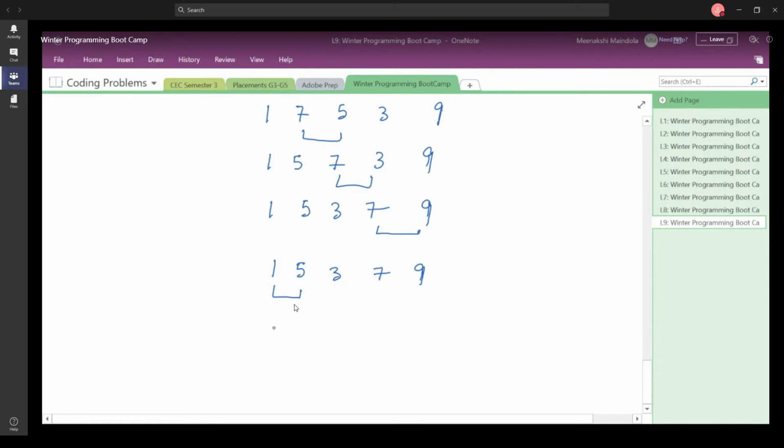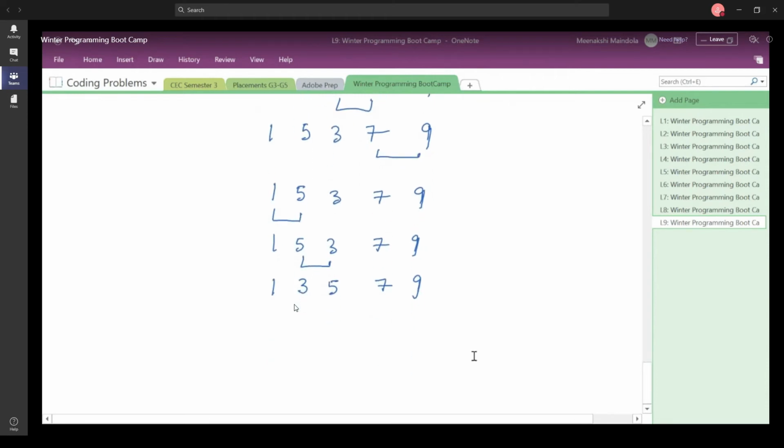So next you compare the next set of elements. You compare 5 and 3 now, but you see that the lighter bubble is behind the heavier bubble. So you bring the lighter bubble ahead, and you have this as your output after you swap these two numbers.